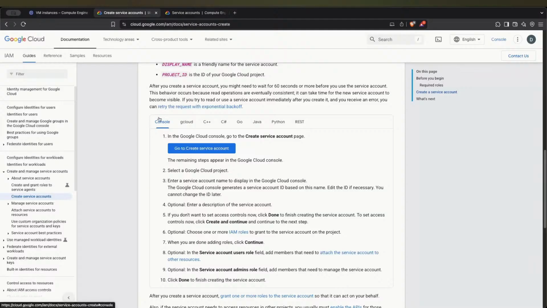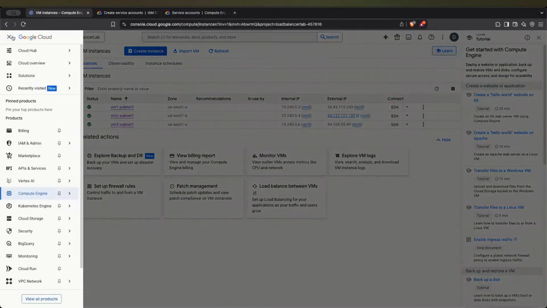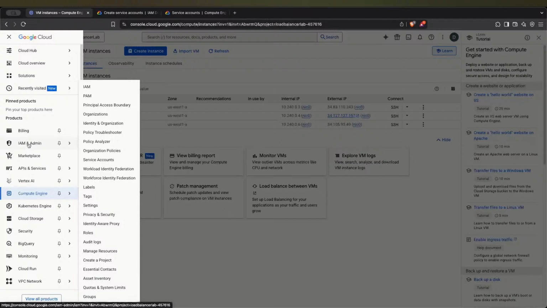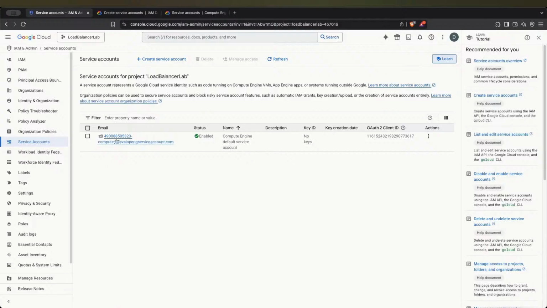I need to use the Google console and go to the Create Service Account page. So switching to the Google console, I will use the top left menu, and from the IAM and Admin section, I can access the Service Accounts page. Here, I can click Create Service Account,